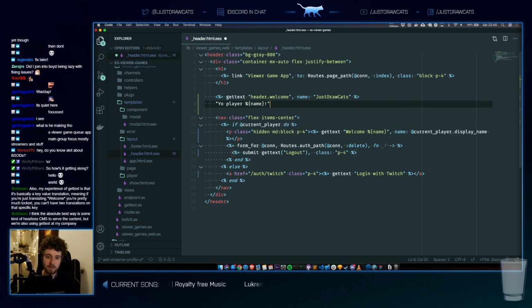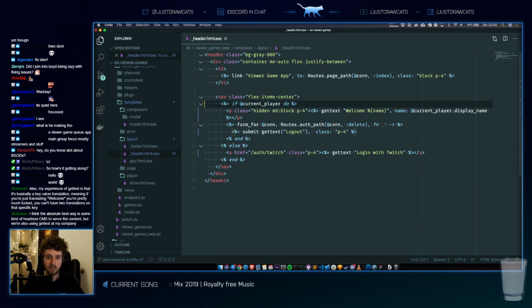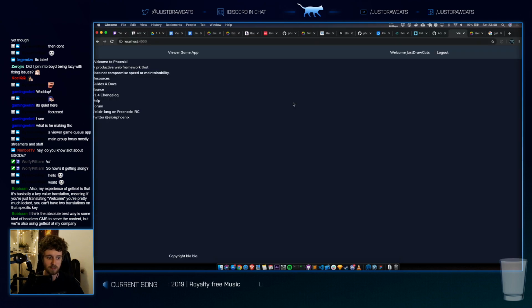So this is more flexible. It's very specific. So you will always need to make sure that there's a translation available for this, because there's no real fallback value. So it really depends on your strategy of translation and how you do things. I think the absolute best way is some kind of headless CMS to serve the content, but we're also using gettext at my company.